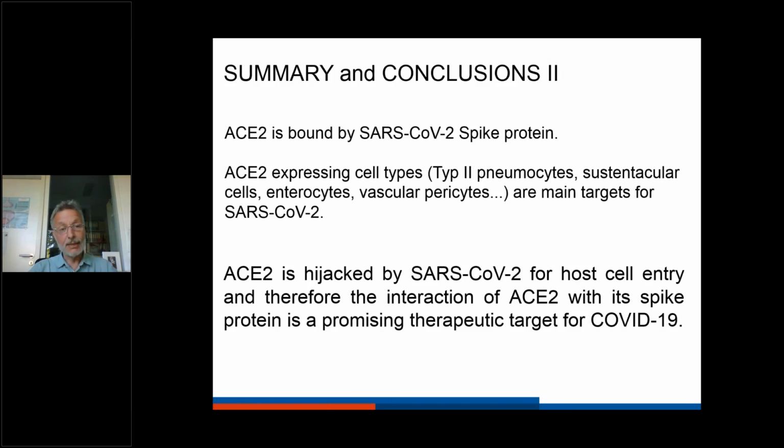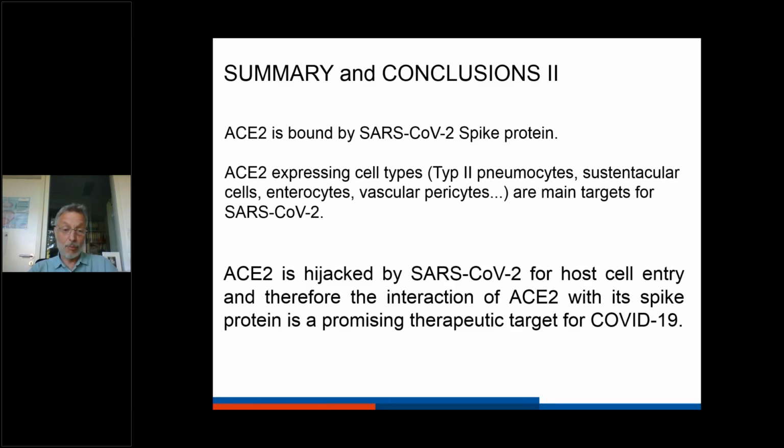So the summary of this part: ACE2 is bound by the SARS-CoV-2 spike protein. That is the reason why we have this disease. ACE2 is expressed in cell types like the AT2 cells in the lung, testicular cells, cells in the nose, enterocytes, vascular pericytes, and so on, which are main targets for SARS-CoV-2 infection. And just to conclude, ACE2 is hijacked by SARS-CoV-2 for host cell entry,